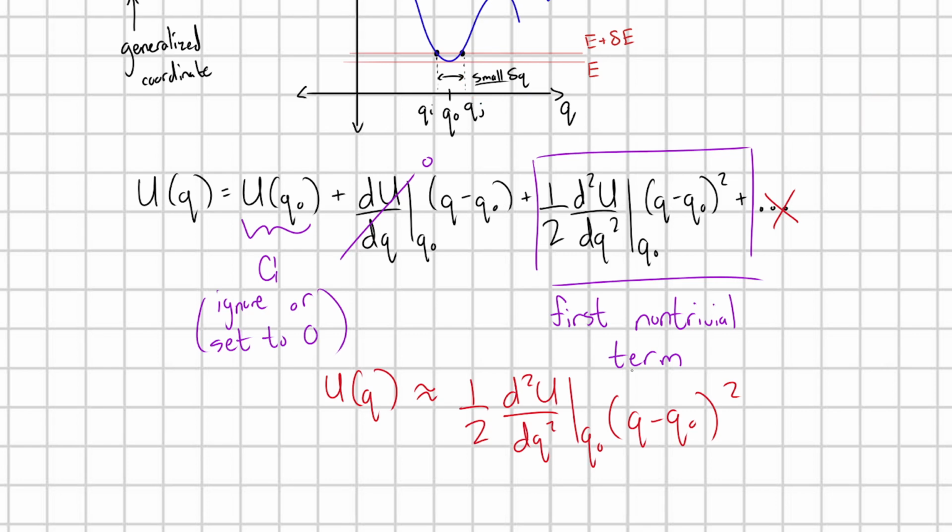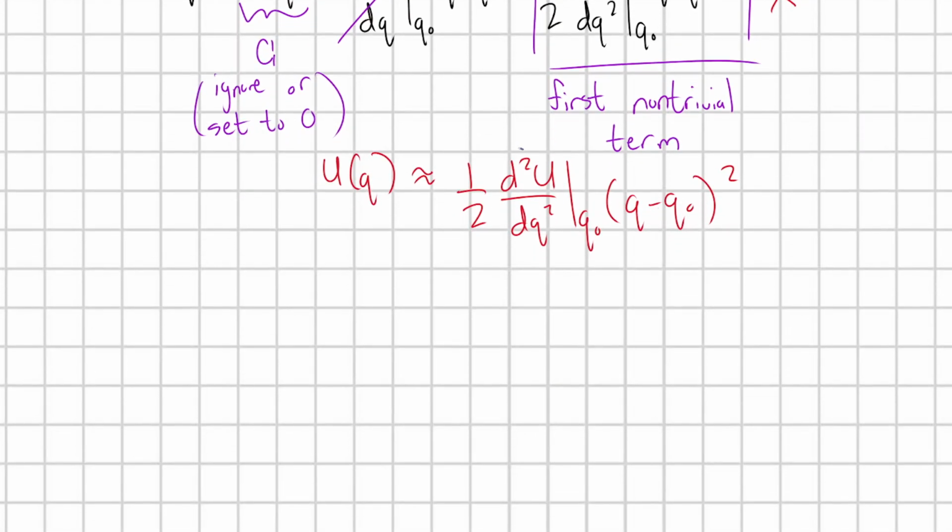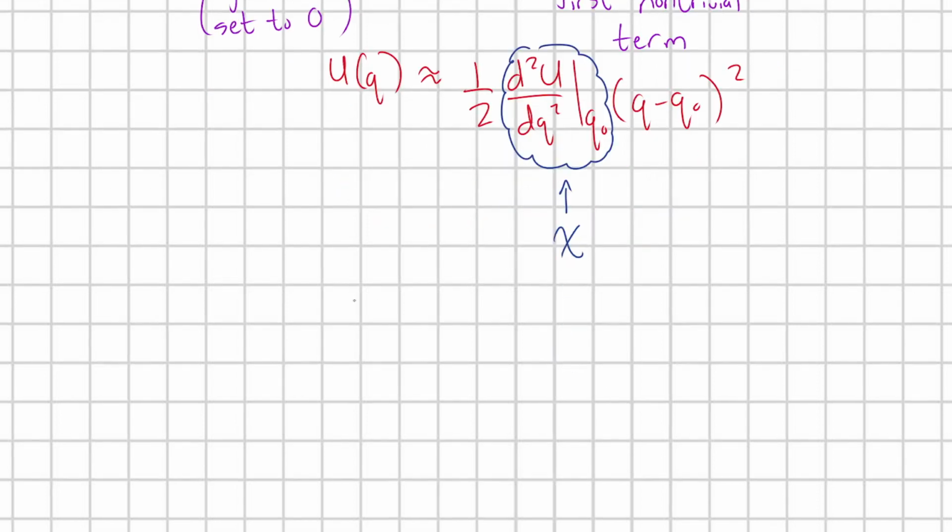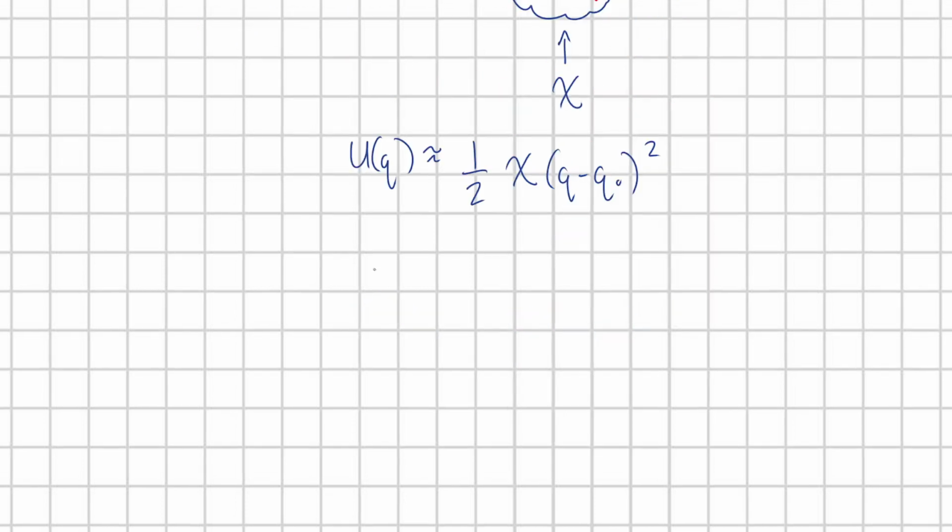All right, so if we're feeling excellent about that, now this is really powerful. This derivative here is just going to give us some number. To emphasize that this is just a general number, let me go ahead and call this chi. So I can say that u of q is approximately equal to 1/2 times chi times q minus q naught squared. And so if we compare this to the potential energy of, say, a spring,